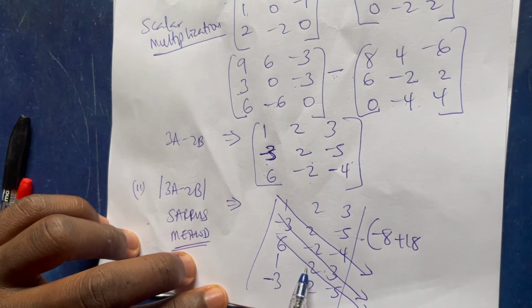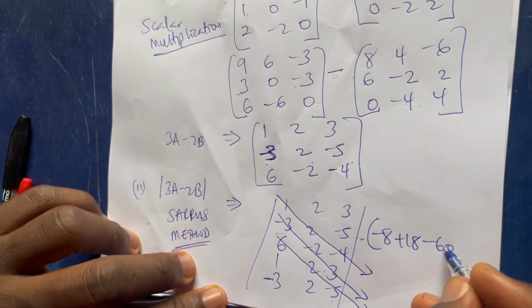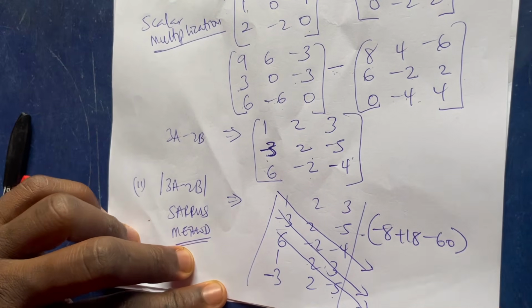The same thing with this. 6 times 2 is 12. 12 times minus 5, that is what? Minus 60. So close the bracket. So then